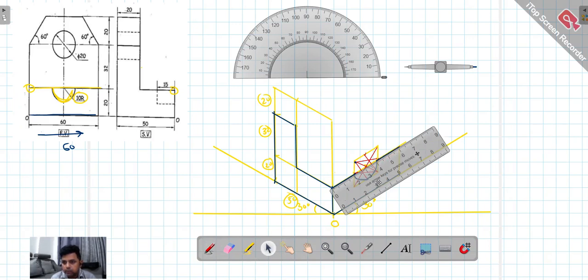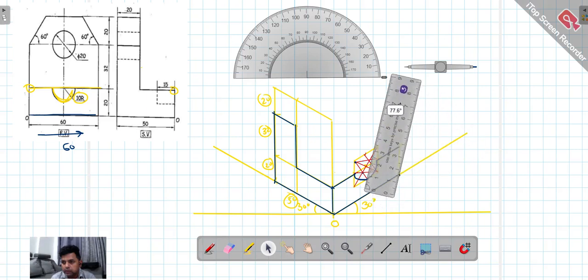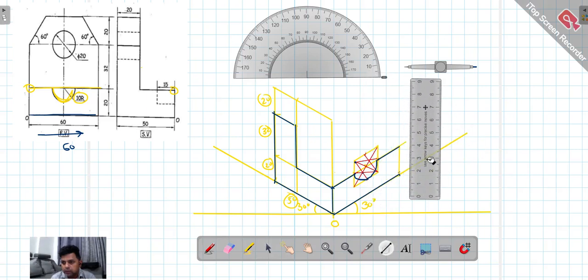Then make this scale vertical or directly take the line. With the help of scale, you join. I'm joining it directly. Okay. So this is how the front view will look like. Okay. Now we need to see this circle. See here. This circle is here, which we draw now, is deep